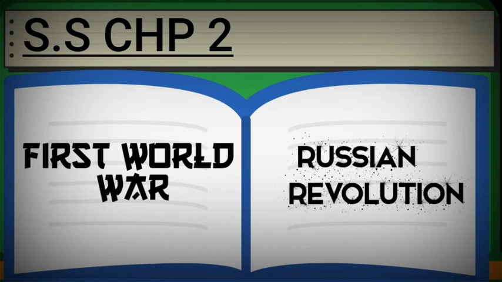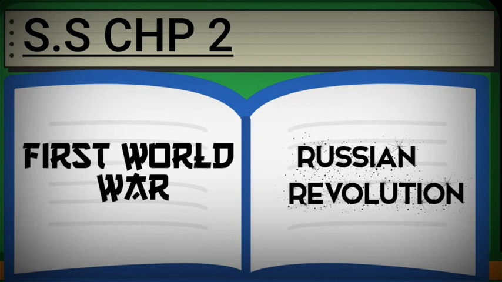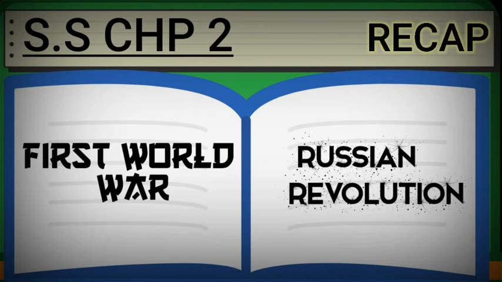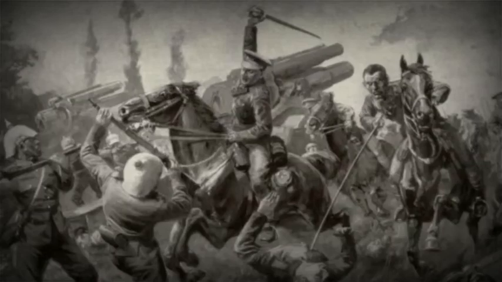During this time, a lot of dissatisfaction was created among these countries in terms of socio-economic and political reasons. And this dissatisfaction ultimately led to First World War. So in this session, we are going to learn the factors that caused First World War. First World War was one of the most heartbreaking and unforgettable events of the modern world. There were many reasons responsible for this war.